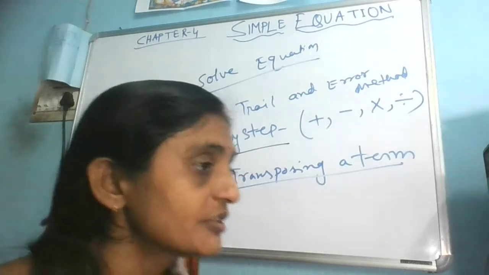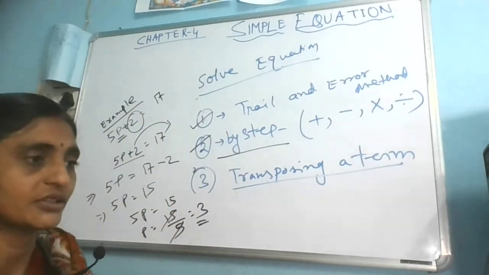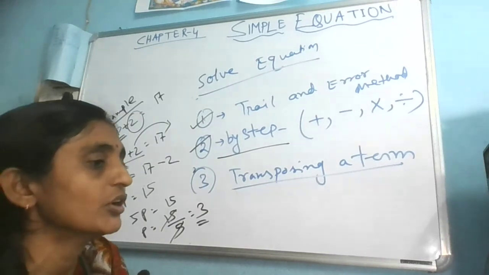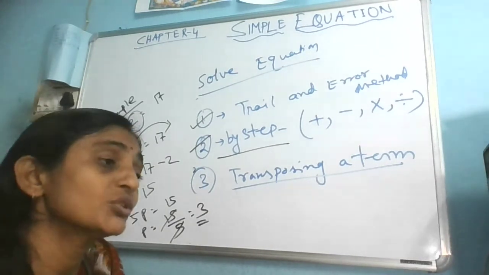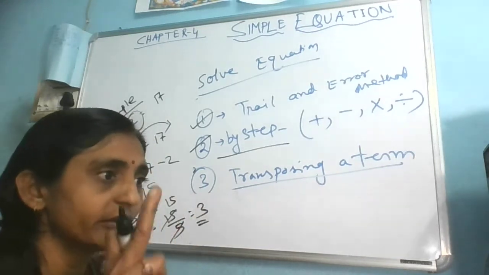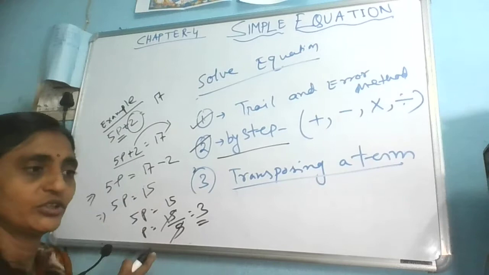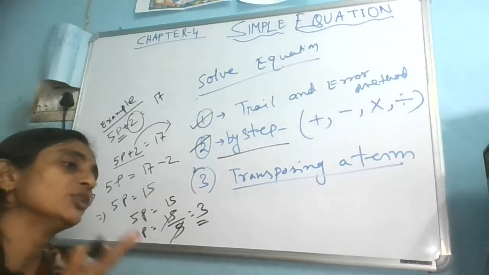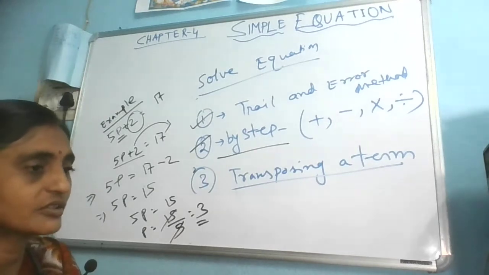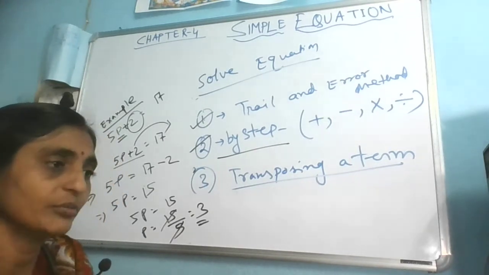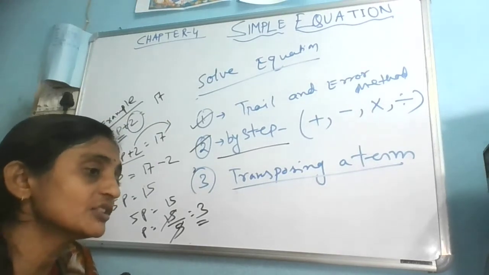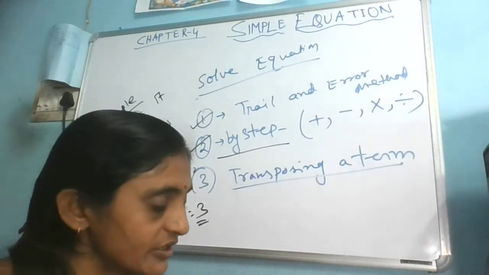So have you noticed that all the three processes, if I am applying for one equation, in all the cases we have got the same answer. So whatever methods you are following, that ultimate result is same. Only one result you will get for a single equation. That means for one equation, always the value for that variable will be fixed. Here we were discussing the single variable equation, yes, one variable equations we are discussing here.